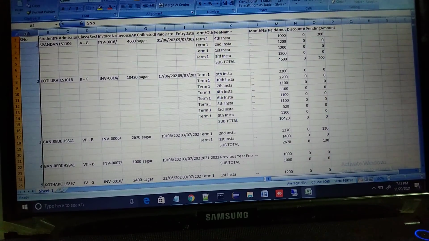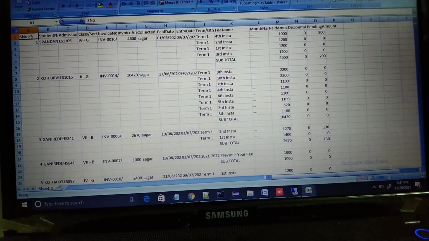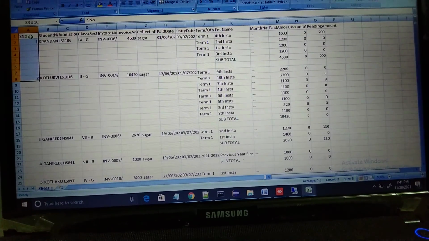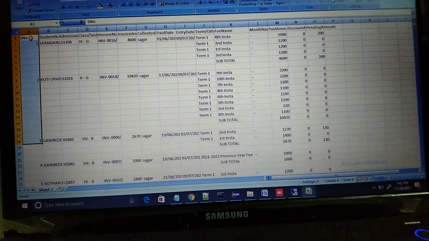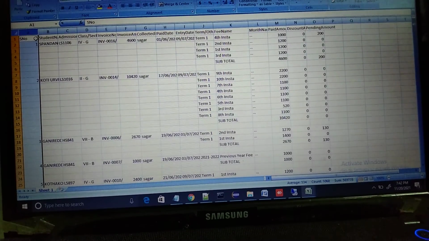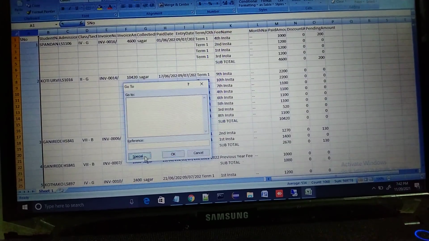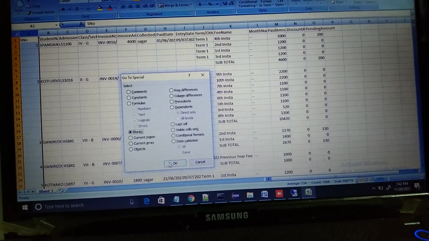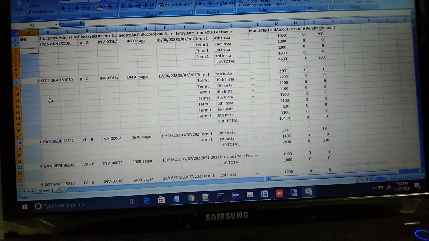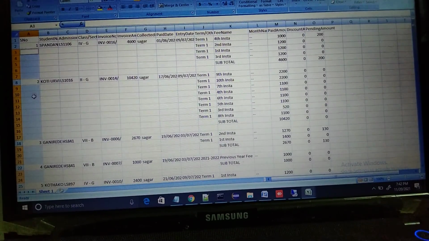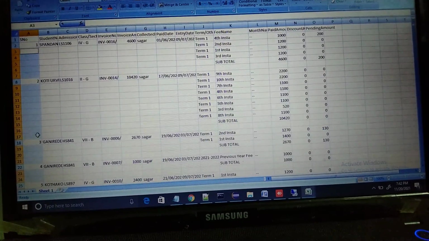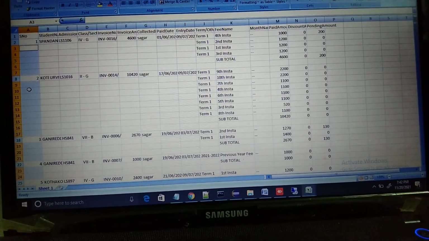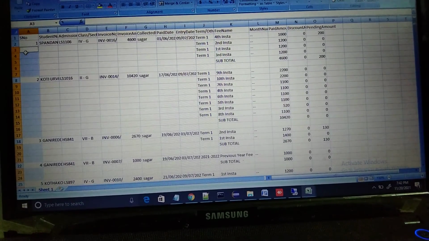Now you need to select the entire cells and go to Special and click on Blanks. Look, now the empty cells have been selected. If you notice, the third row is selected.